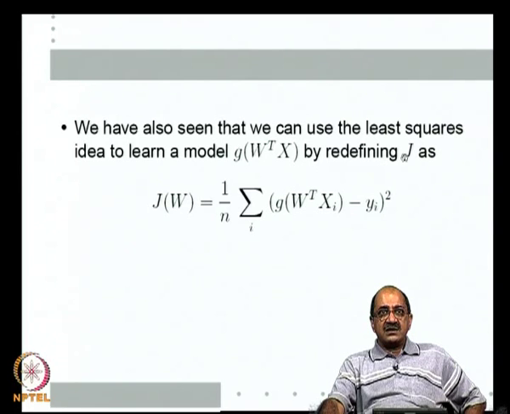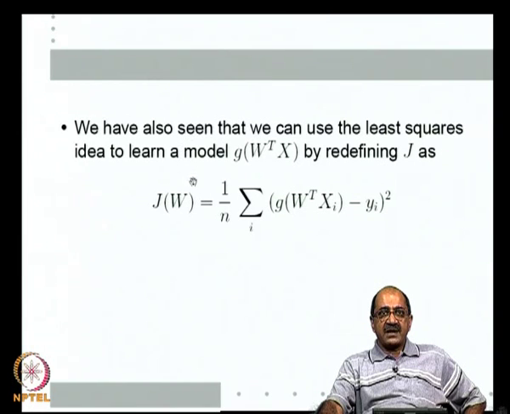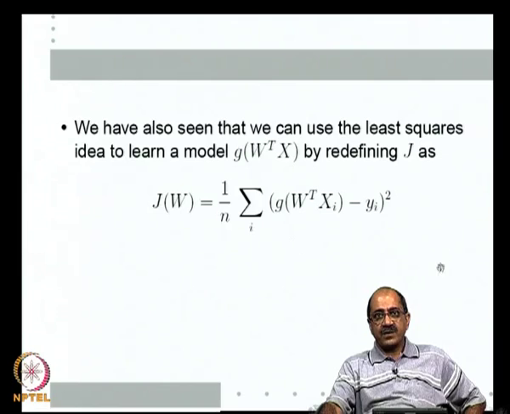And we have also seen that the least squares method can be extended to learn a model G of W transpose x for some function G rather than just W transpose x, right. What is the utility of this? If I am learning any function of x here, in as much as this empirical risk is a good approximation of the expectation, if this is the expectation of G of x minus y whole square, then the best function is the conditional expectation. So, if I am in a classification problem with y represented as 1 or 0, then we saw that the best function, the conditional expectation, is nothing but the posterior probability.